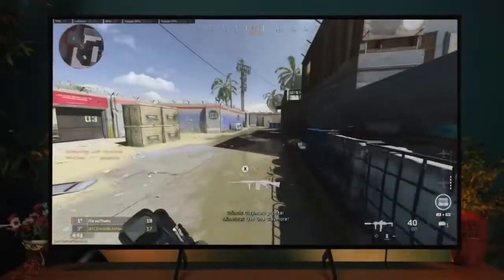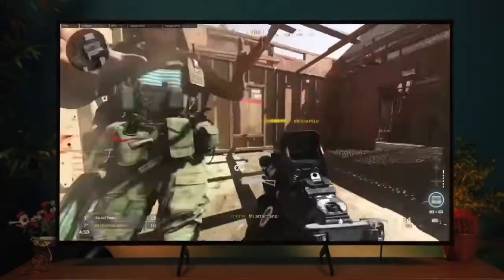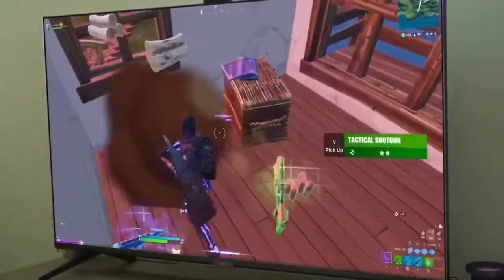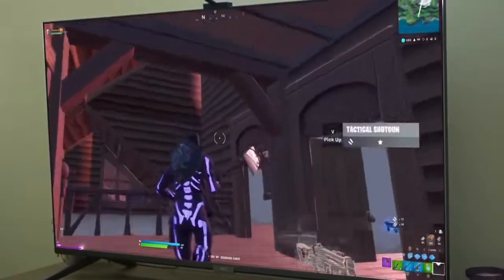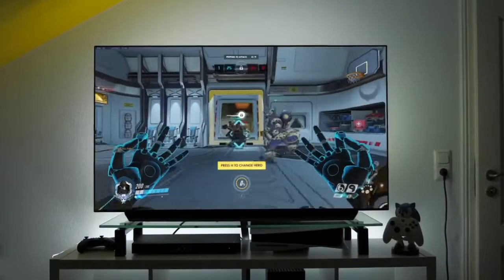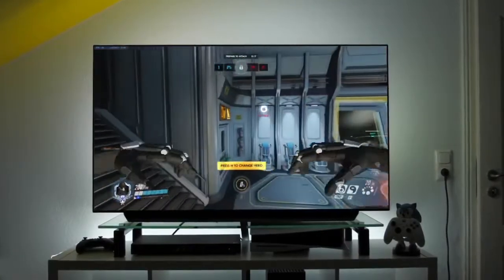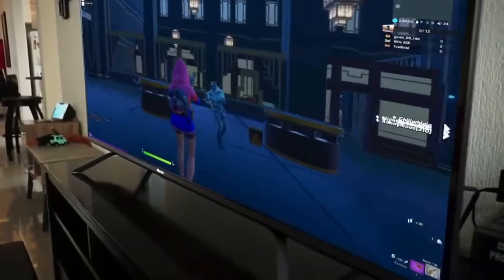Finding the best gaming TV can be a pain. There are so many options on the market, and it's hard to tell which one will be best for you and your needs. Well, in this video, we break down the top 5 gaming TVs on the market this year based on price versus performance and situations they'll be used in. So whether you're looking for an affordable gaming TV or the best gaming TV money can buy, we'll have the perfect option for you. So if you're interested in finding out which gaming TV will be best for you, stay